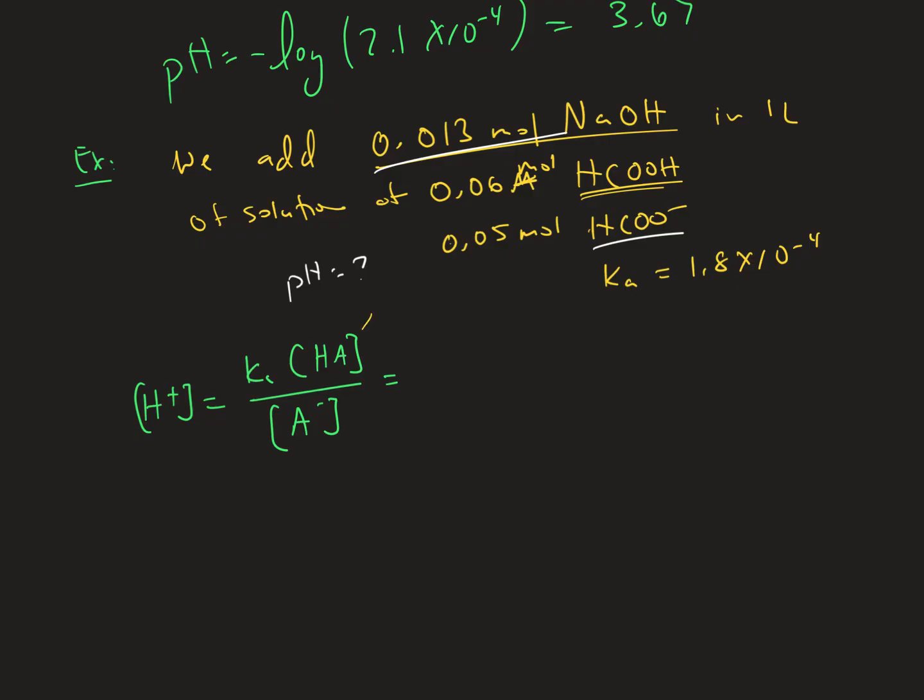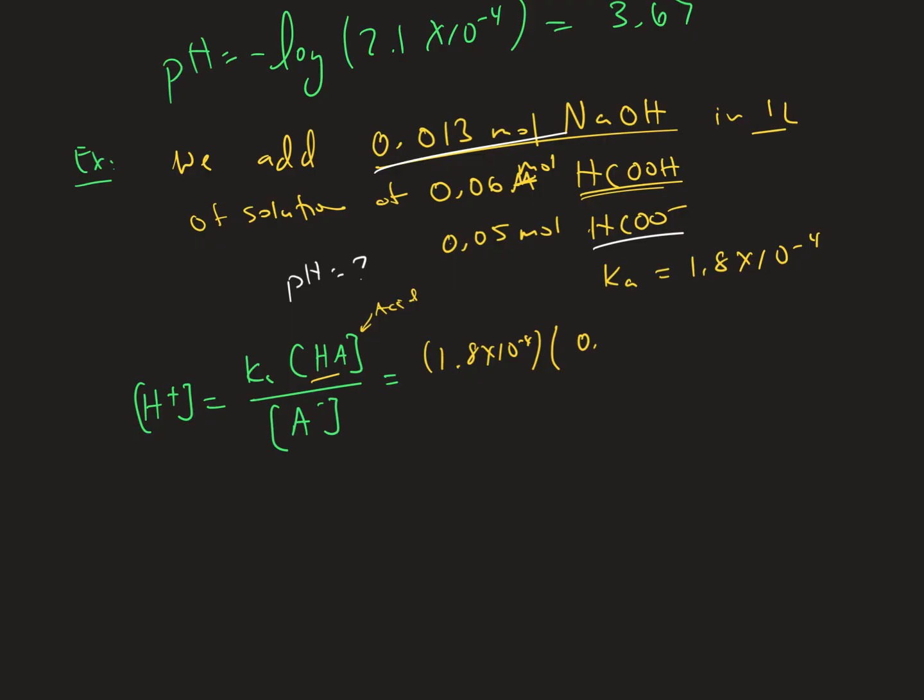So this is my acid. And so we're going to have my Ka value 1.8 times 10 to the negative 4 multiplied by my acid, since I'm lowering my acid, I start with, since it's all in 1 liter,